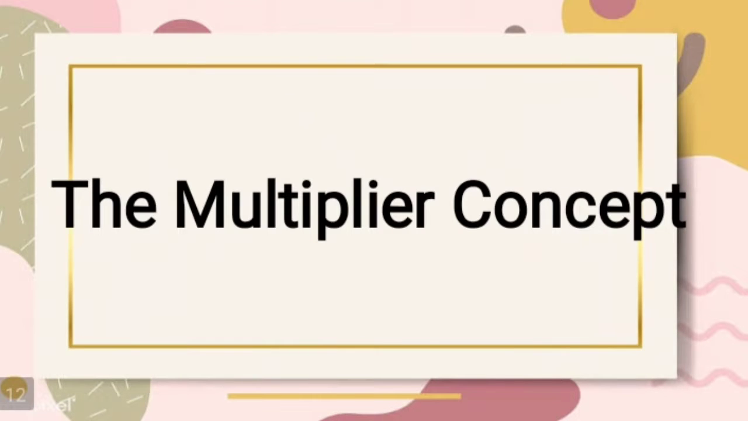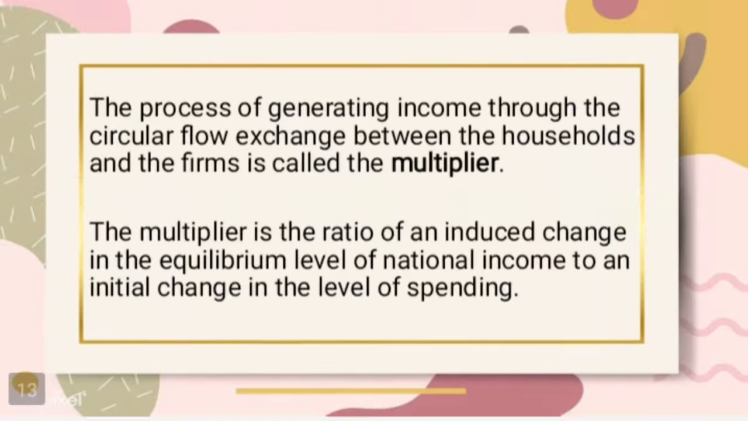Next, we talk about the multiplier concept. So, what is the multiplier concept? The process of generating income through the circular flow exchange between the household and the firms is called the multiplier. The multiplier is the ratio of an induced change in the equilibrium level of national income to an initial change in the level of spending. Or in general, the multiplier is the ratio of an induced change in the equilibrium level of national income to an initial change